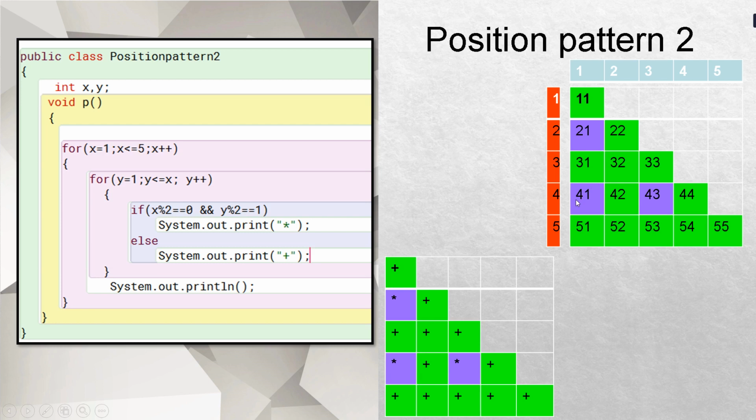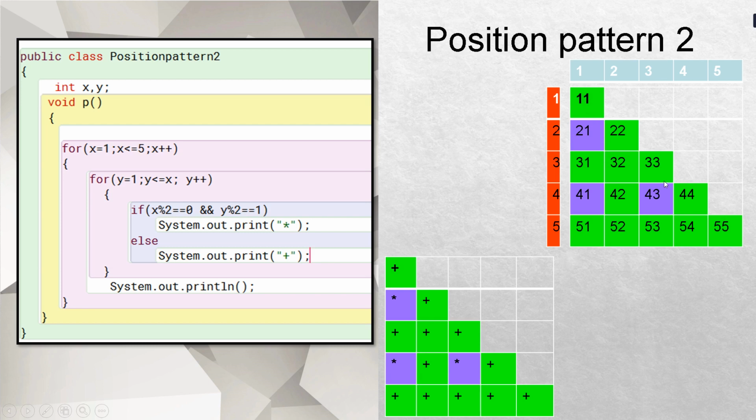2 1, this is 4 1, and this is 4 3. Now when I'm talking about 4 3 and 4 1, I need to trap these locations. First of all, the first thing I have to do is build the loop for this kind of shape.